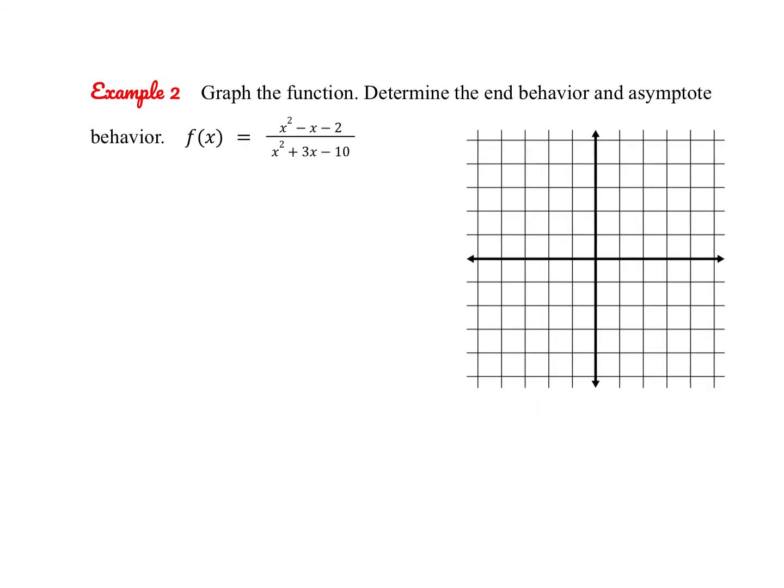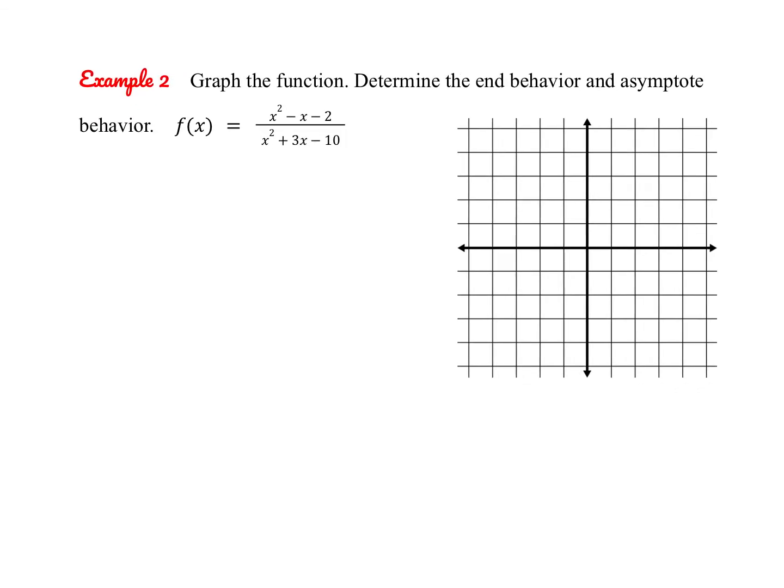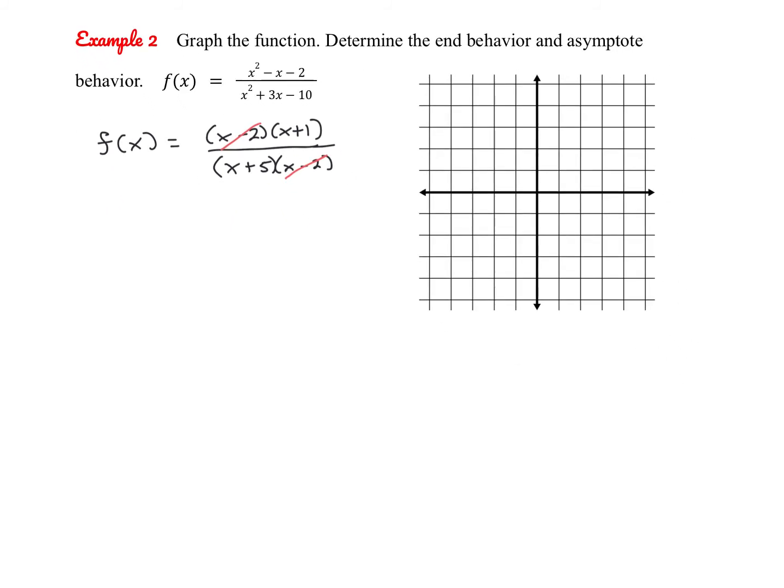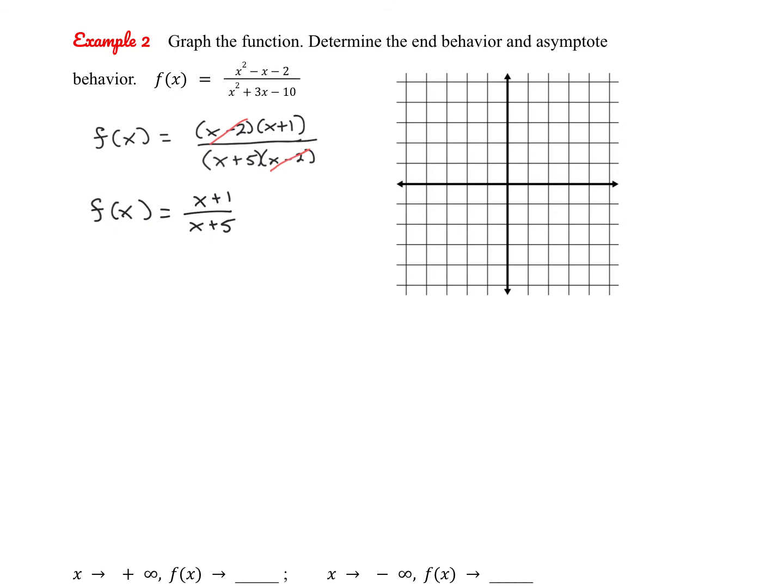All right, let's try another one together. So here we're going to start by factoring our numerator and denominator. So we have x minus 2 times x plus 1 times x plus 5 times x minus 2. So you can see here that we do have that removable discontinuity. So I'm going to write our simplified rational expression, but I'm going to make a note over here on the side that we have a hole at